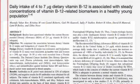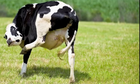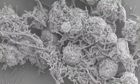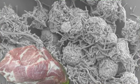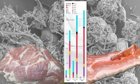What's the best way to get vitamin B12? Well, B12 is not made by plants, not made by animals either. It's made by certain bacteria, some of which line the guts of animals, of which people eat and drink, but that's not the best source because of the baggage that comes along with it. Just like we can't get the iron in beef without the saturated fat, the protein in pork without lard, the calcium in dairy without hormones, we can't get the B12 in animals without also consuming stuff we don't want, like